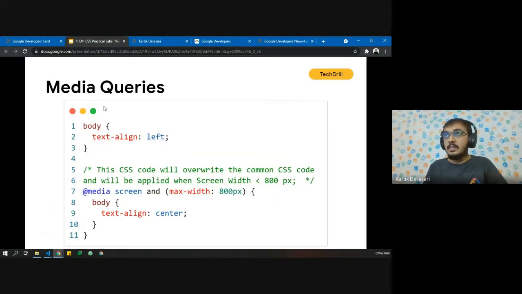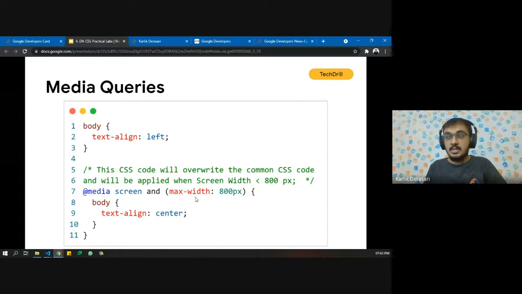The next thing we covered yesterday is media queries. I just want to quickly refresh this. For example, if we have some CSS code written, then that will apply to all the screens. But if we want some particular CSS code for different screen sizes, then we can define that using @media screen, and then we can add different conditions.